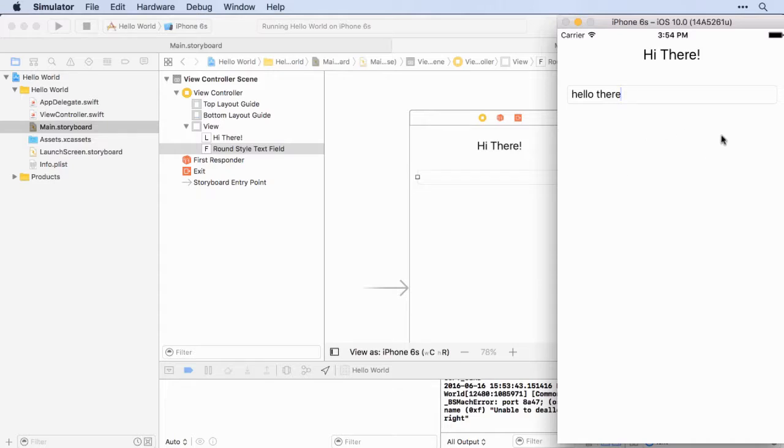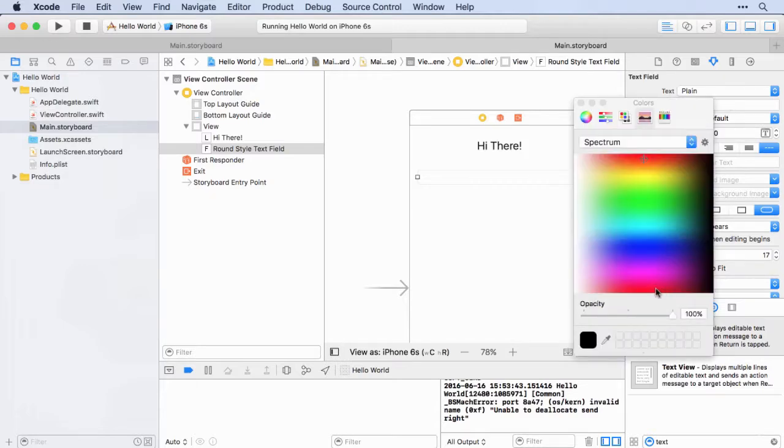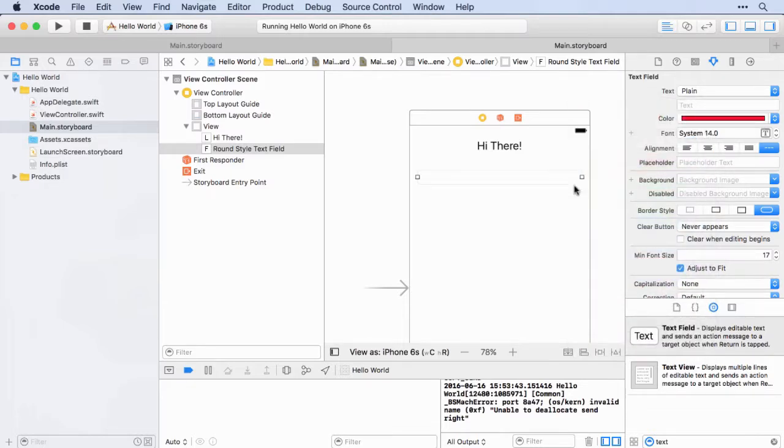So most of the time you're going to want to keep your text inputs pretty close to the default. They look pretty good anyway, and they're what people are going to be expecting to see if they are required to enter some text, but there are a few options that are worth being aware of. So as before, we can change the color if we really want to. That will change the color of the text inside. We can have some text there